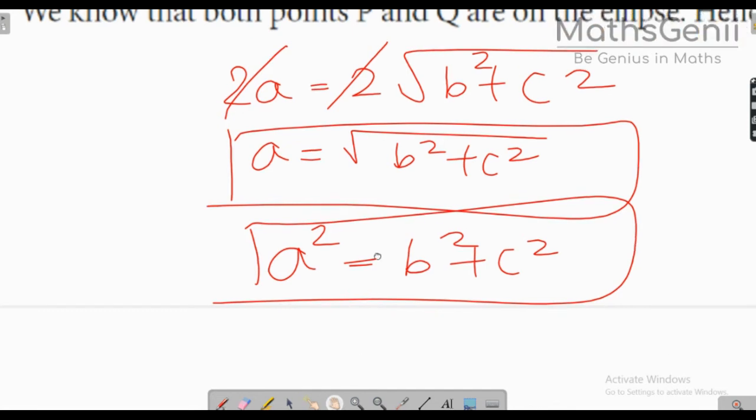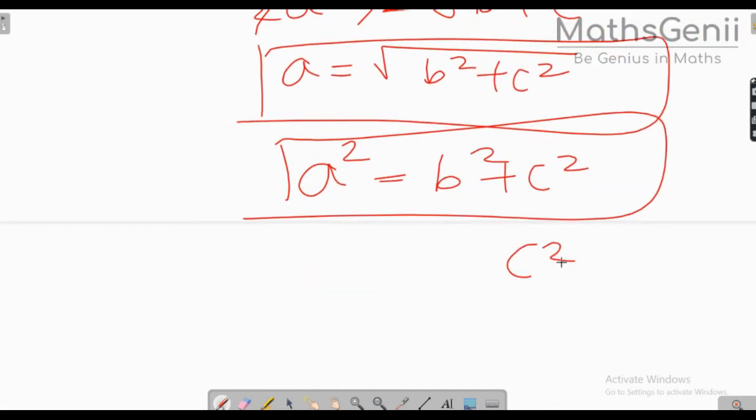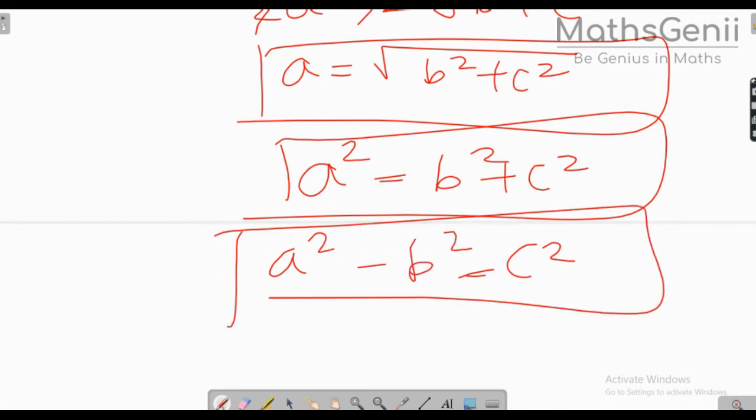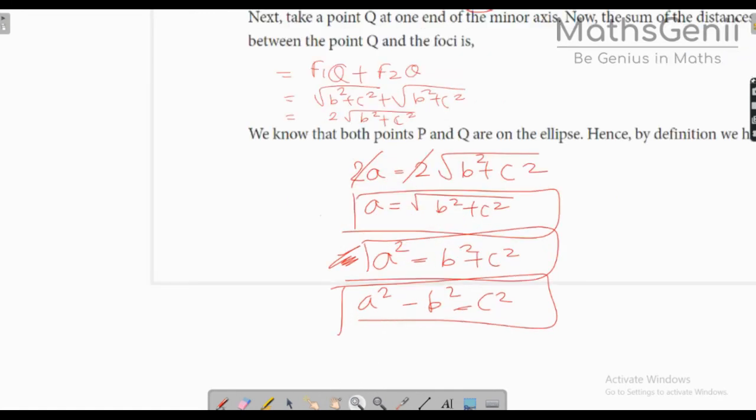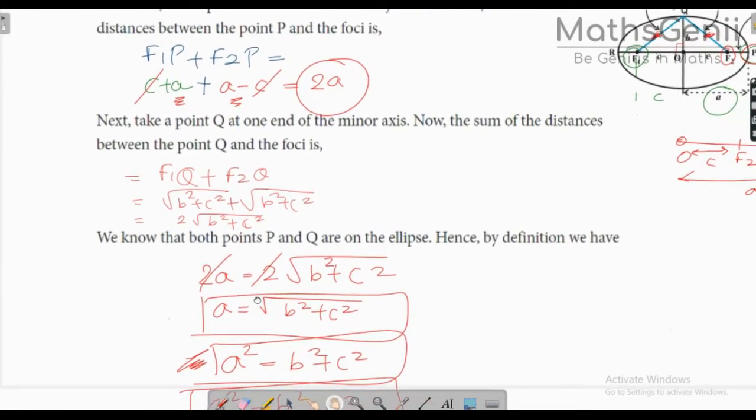You can just do whatever you want to do with this equation. I can shift this plus b square to minus b square, depending on what type of question is being asked. So any type you can do. Just remember one of the formulas. Using this, you can calculate a, b, or c, anything. Okay. I hope the derivation is clear to you. Let me just zoom out. In case you want to take a screenshot, you can take it.